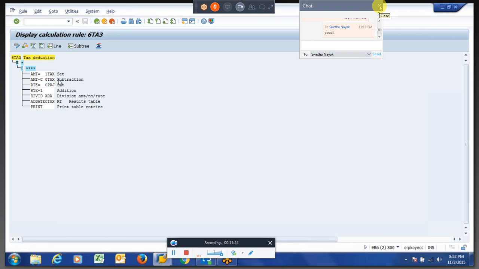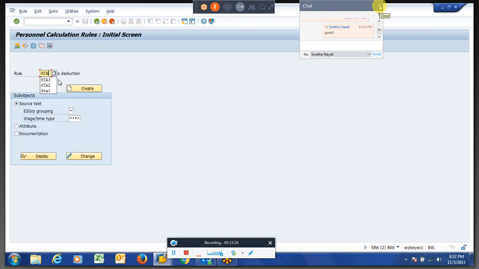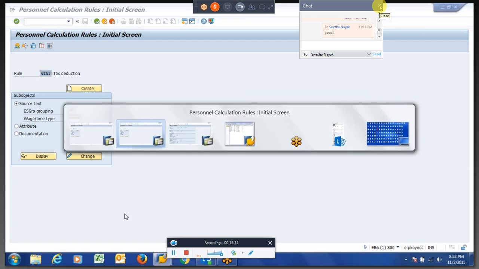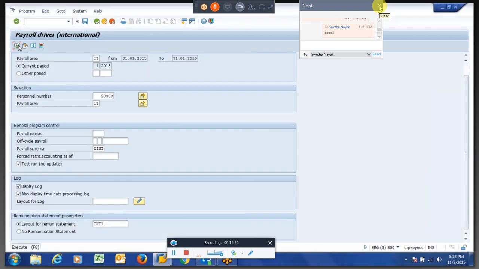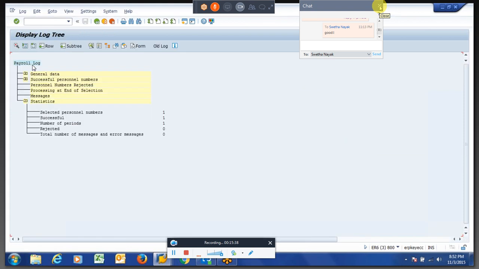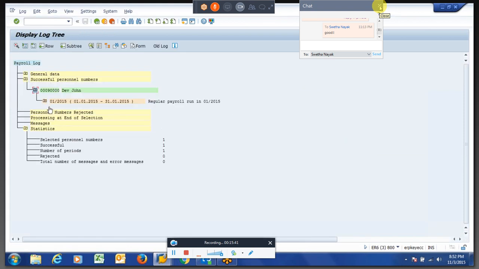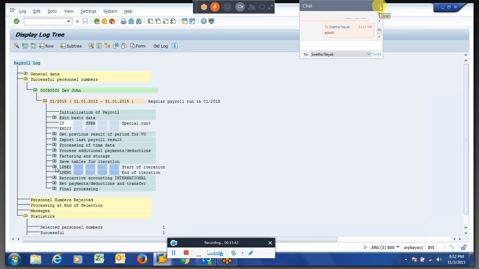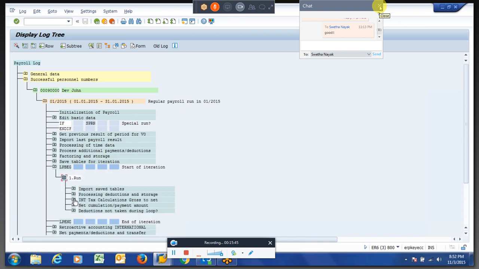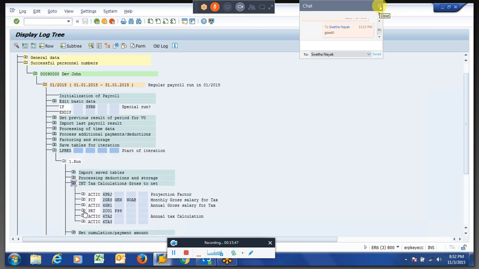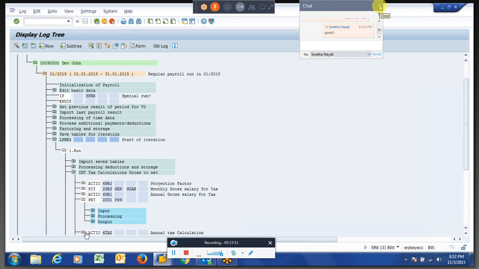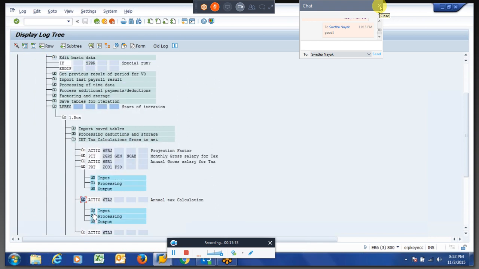So we have to write a PCR for this, right? If you see the schema output here, I think within the second PCR, annual tax.